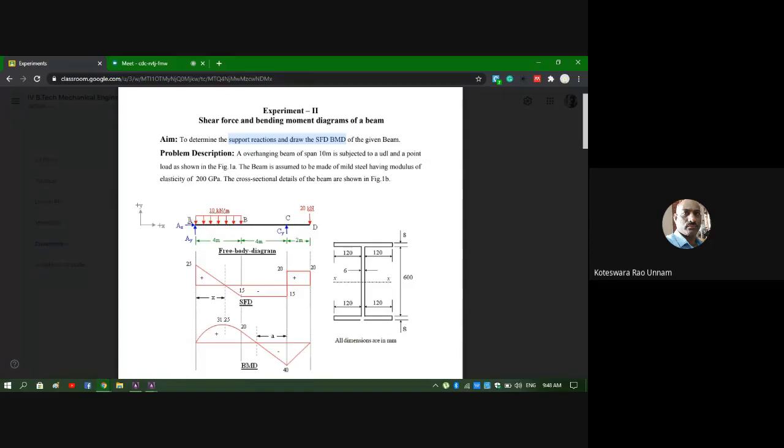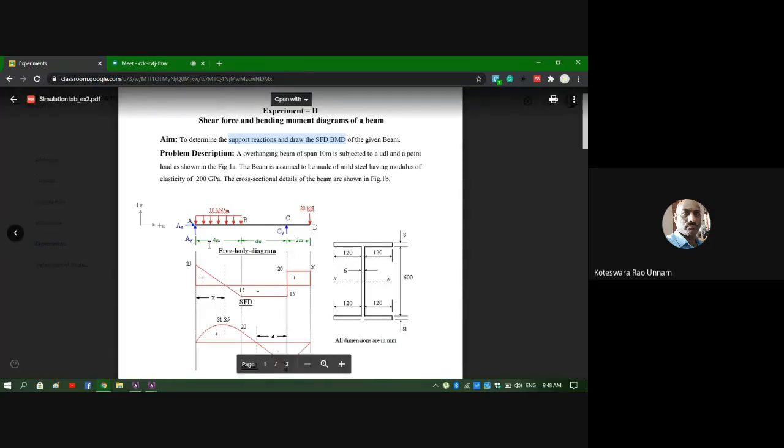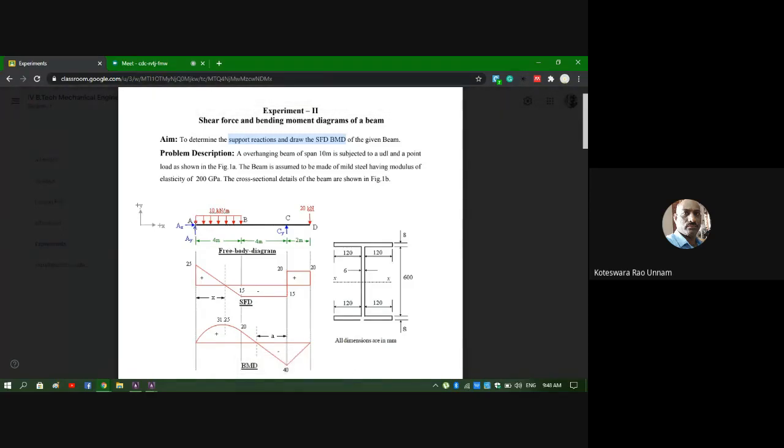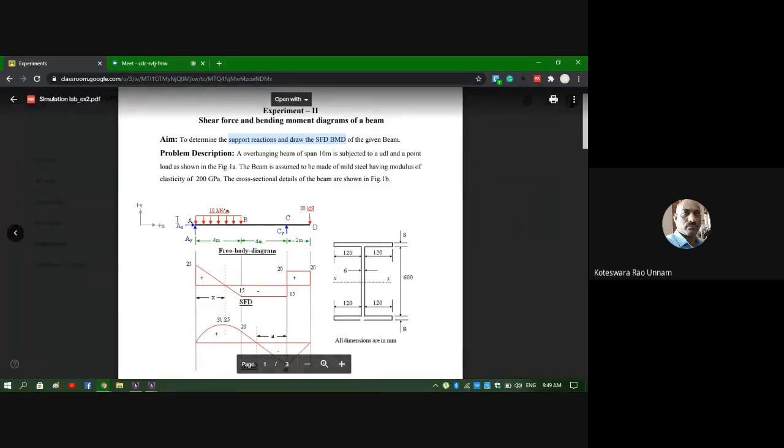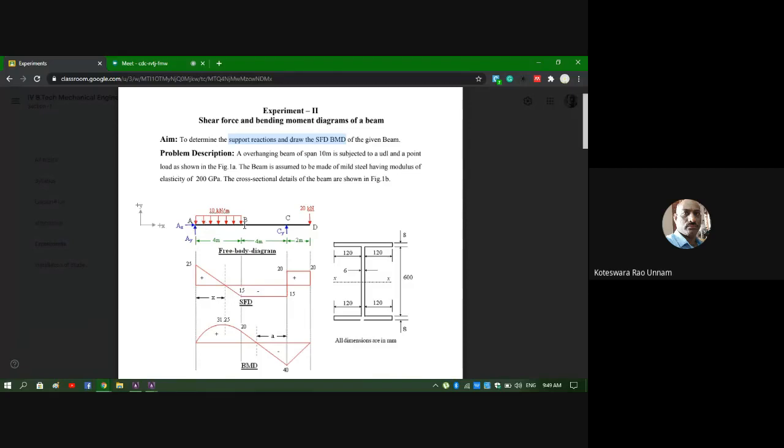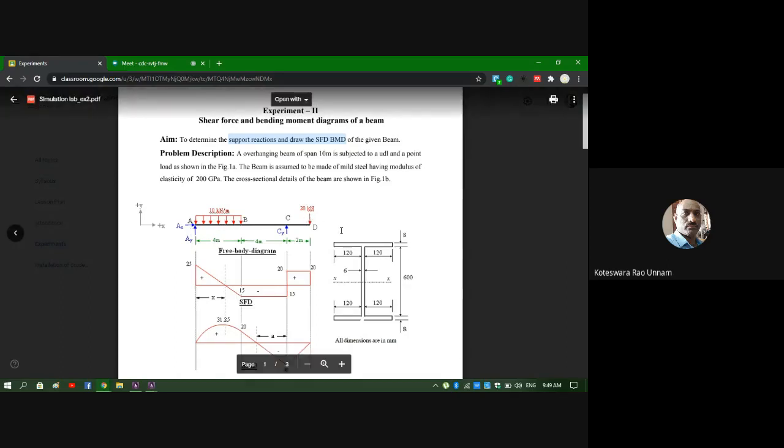Therefore, I need to create the key points at A, B, C, D. For that, I will assign the coordinate system at one location. We'll assume the coordinate system origin is at point A, so the coordinates of point A are 0, 0, 0. We'll only talk about the x coordinate; Y and Z are obviously 0. At A it is 0, at B it is 4 meters, at C it is 8 meters, at D it is 10 meters. The total length is 10 meters.